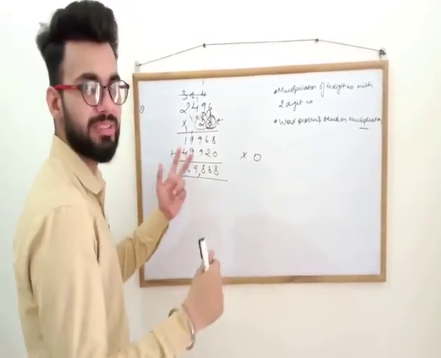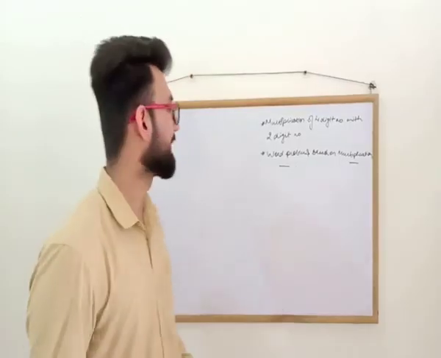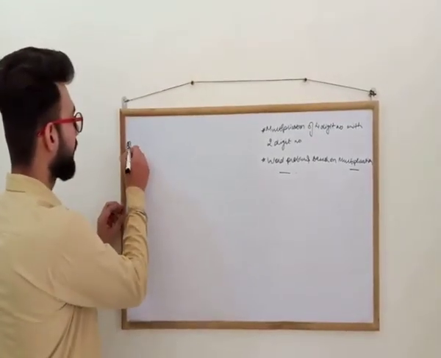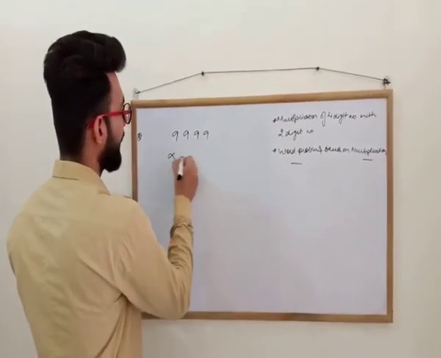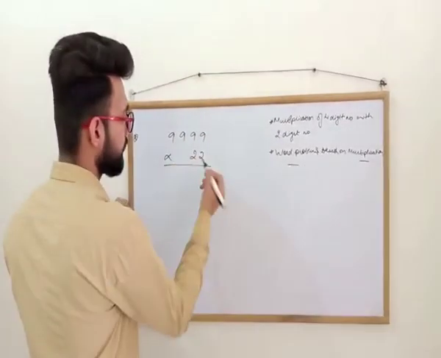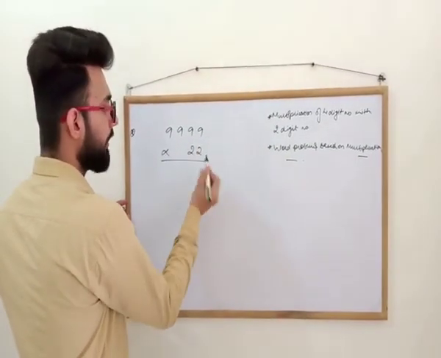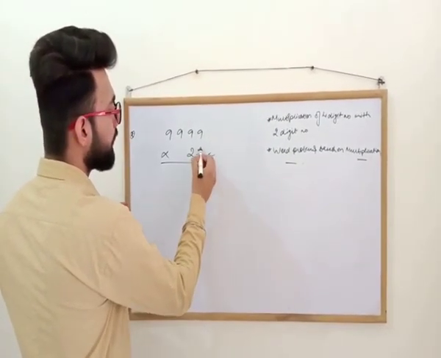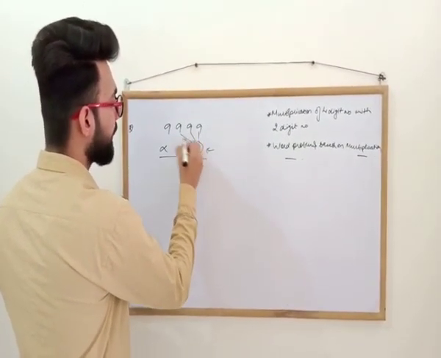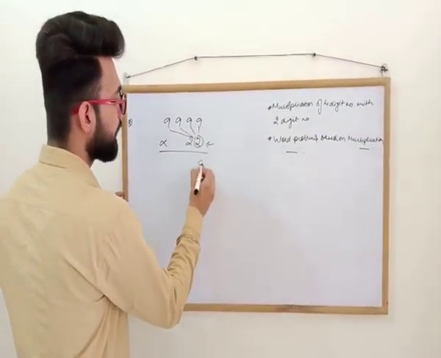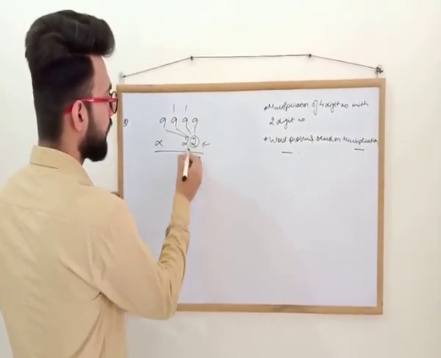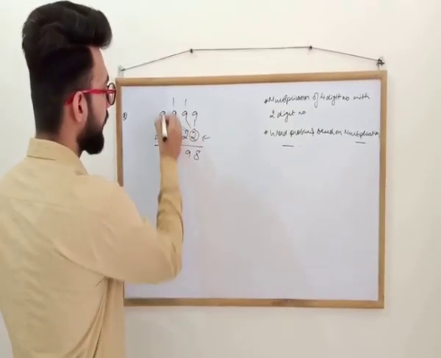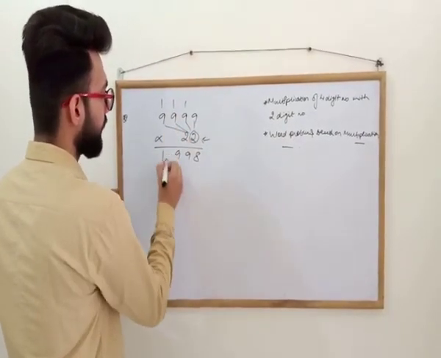We'll do one more example of the same thing. On to the second example. Let's take 9999 multiplied by 22. It's an easy number. Again, from the extreme right, 2, first you multiply these numbers. 2 nines are 18, 2 nines are 18 and 1 is 19, 2 nines are 18 and 19.